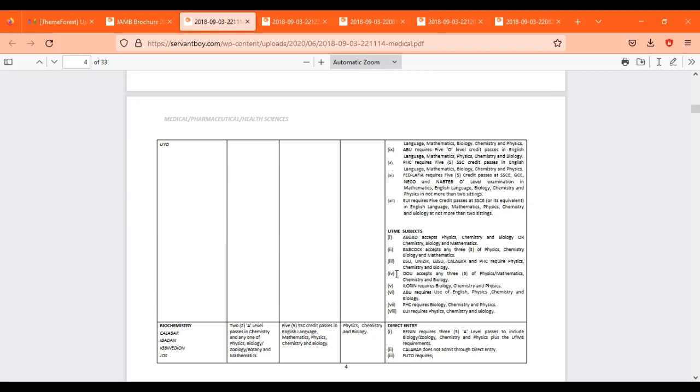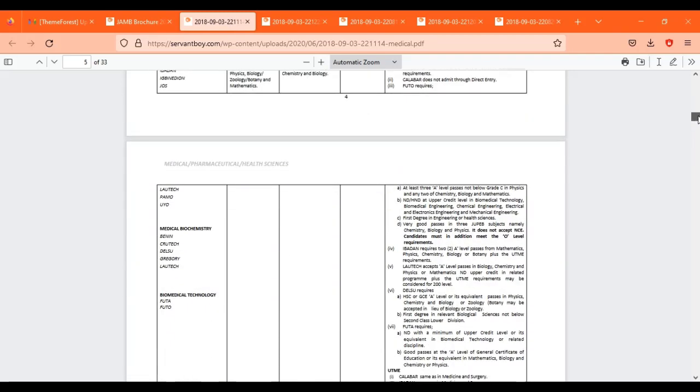Now look at, for instance, if you want to study anatomy at OOU, OOU accepts any three subjects of physics or math, chemistry, and biology. That means if you like, you may take physics or mathematics, but the major subjects are English, chemistry, and biology, and any one out of physics and math. So if you write physics, fine. If you write mathematics, fine. So you can see the importance of the waiver. The waiver is to let you know what the school of your choice is saying about the UTME subject